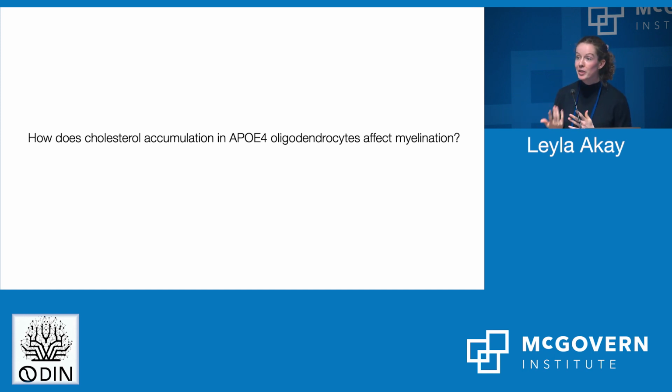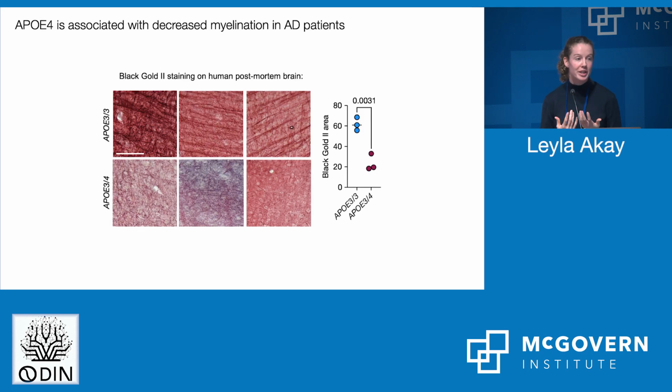So given that cholesterol is a major component of the myelin sheath, and given that oligodendrocytes need cholesterol to synthesize myelin, we then asked whether cholesterol accumulation in ApoE4 oligodendrocytes could affect myelination. And so we returned again to the human postmortem brain, and here we conducted what's called Black-Gold II staining. This is a dye that selectively labels the myelin sheath. And we noticed that in the ApoE4 carriers with Alzheimer's disease, there was not only a reduction in the amount of myelin in the cortex, but also a disorganization of the sheath,